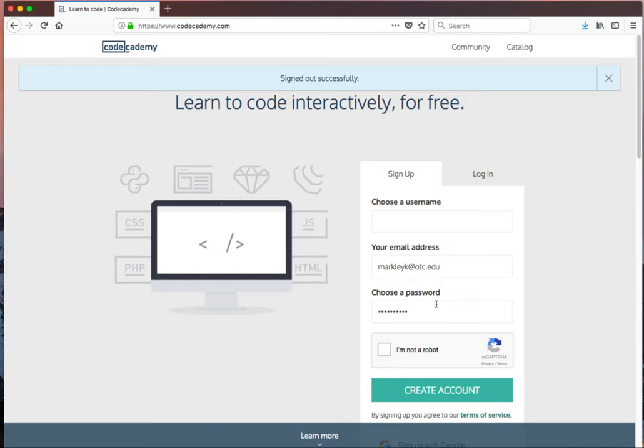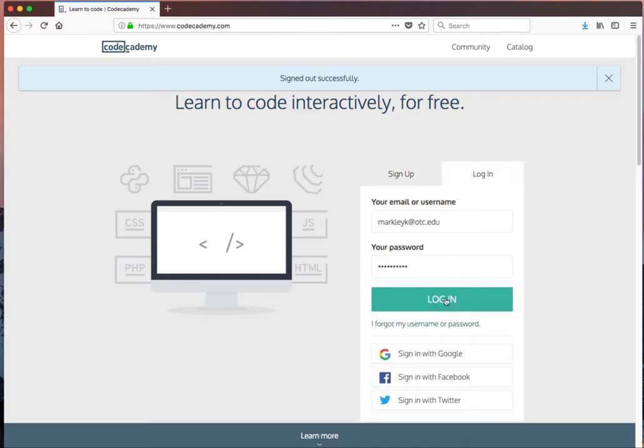This is a great place to practice some of the skills that are being talked about in this first week. Anytime you learn any kind of programming language, the more hands-on, the more practice you do, the more you'll understand it. Just reading the material doesn't help. So once you sign up, and I'll go ahead and log in instead of sign up,